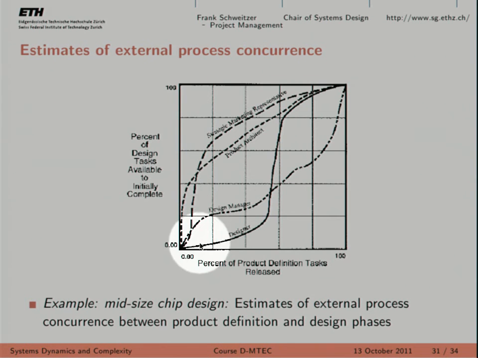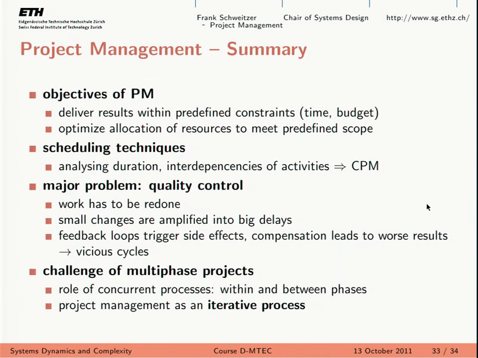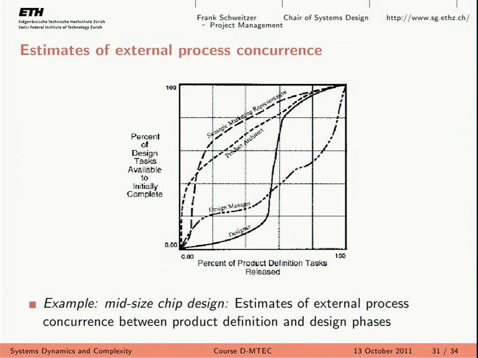And the same with the product architect. But you see, the design people actually had a completely different opinion. They thought that the product definition people should do a lot of work before the design people can start doing just a little bit, right? So this is a very nice conflict of interest, you may say, a conflict of perception, which was made known by this approach.